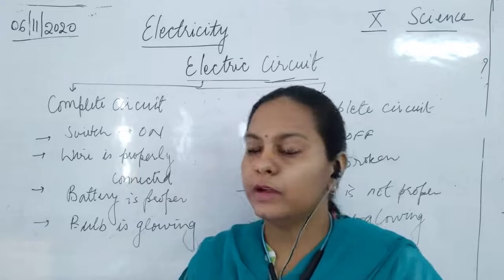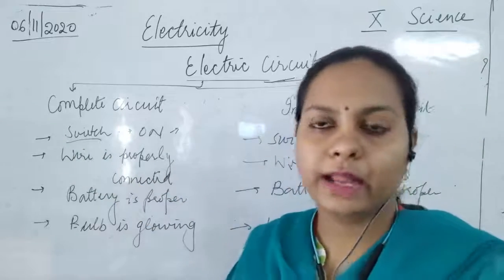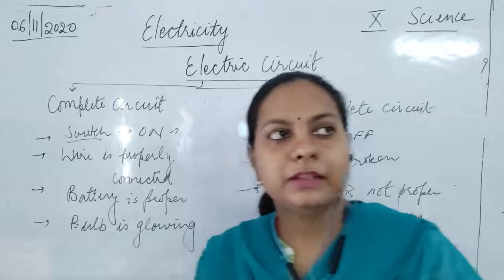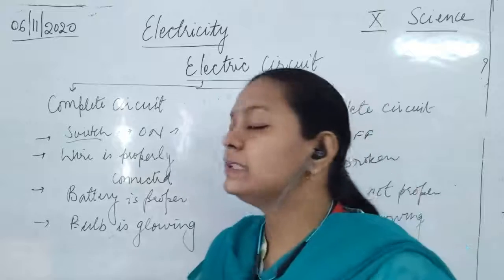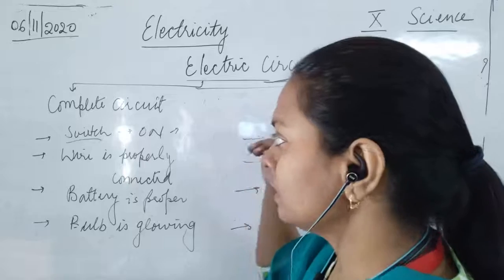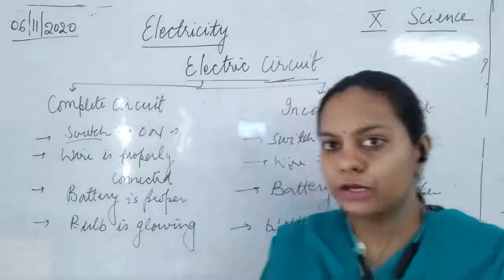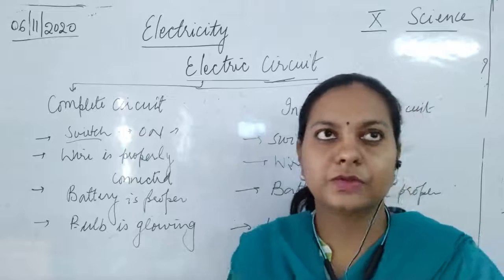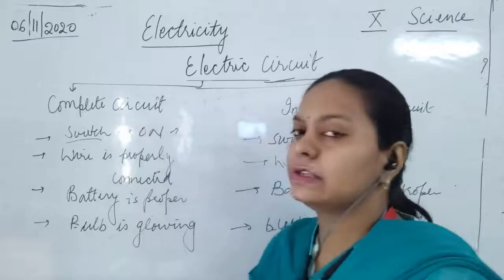Okay, what is the work of a switch? A switch is used to open and close the circuit. A switch is used to just break the circuit and to make the circuit. Break the circuit means to make the circuit incomplete, and to switch on means that we are completing the circuit. Now if the switch is in on condition, it means that all the things are properly working. जब आप स्विच ऑन करते हो तभी तो फैन चलता है, isn't it? So क्यों चल रहा है? Because करंट पूरे में फैल रहा है, current is going inside the fan also and it starts working. So please remember, if the switch is in on condition, then the circuit is said to be complete.